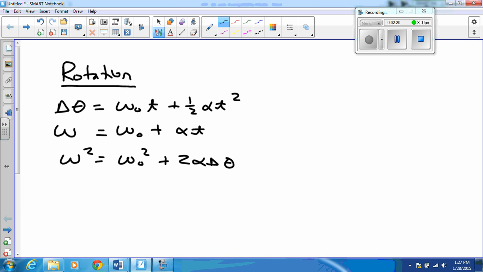And we discovered on the exam that some of you needed to make sure that you memorize these and had these at your disposal. We also talked about the relationship between rotation and linear speed, or linear